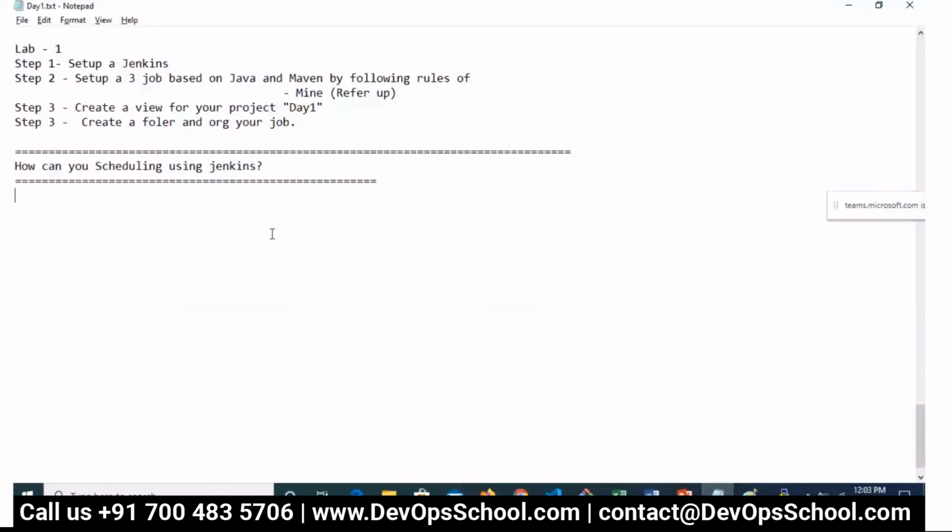The first option is that you can trigger a job at a certain time. The second is to build only when the SRC changes.